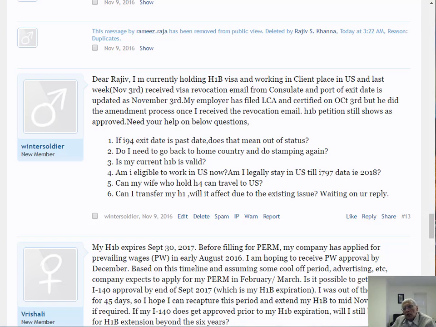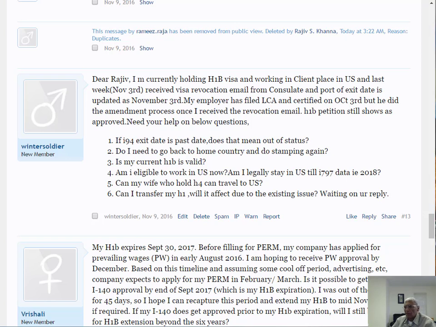Normally, consulates revoke visas for DUIs. So if somebody comes on a 3-year H-1, and in the second year they get convicted of a DUI, the consulate will send a mail saying, we are revoking your visa, however, your I-94 is still good, you can continue working. But if you travel outside, you have to go for a new visa. So that's the normal procedure. I have never known consulates to revoke such an important thing as a visa through an email. That doesn't make sense to me.